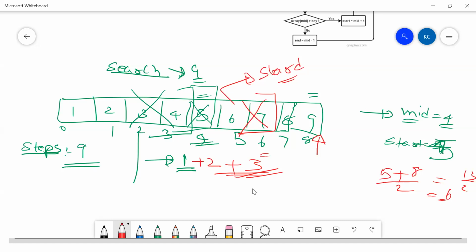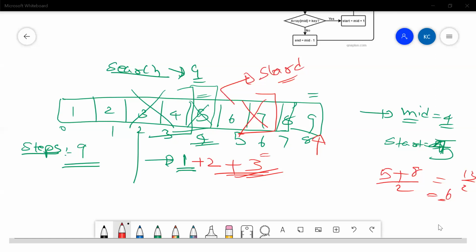This is a simple example of just a very short length, which is only 9. So consider an input which has so much data in it. For every iteration, if you are able to reduce that by half, then the number of steps you need to get to the point where you need to search is very small. So that's why it becomes very easy for you to understand this particular scenario.